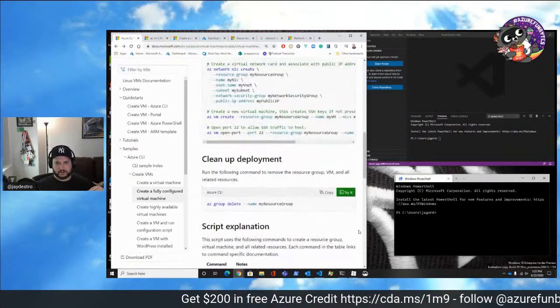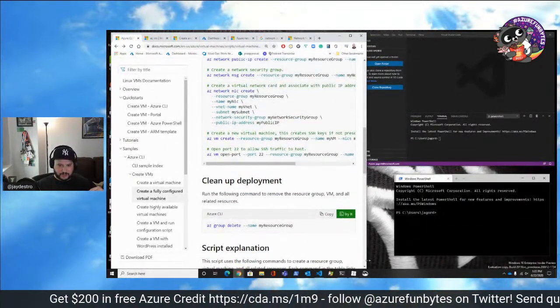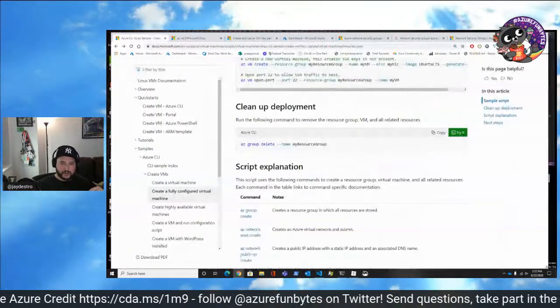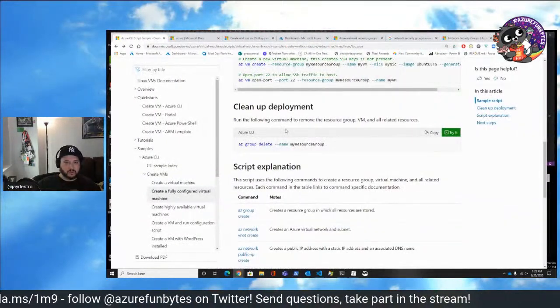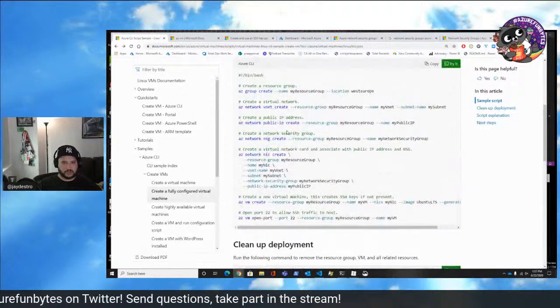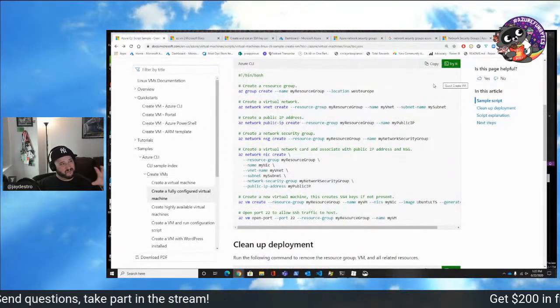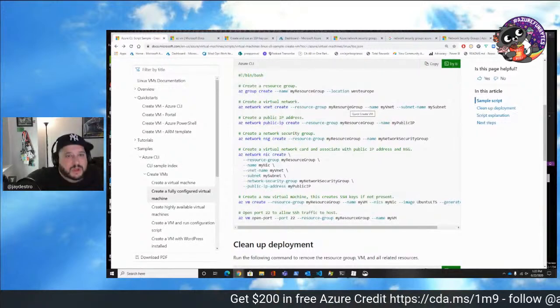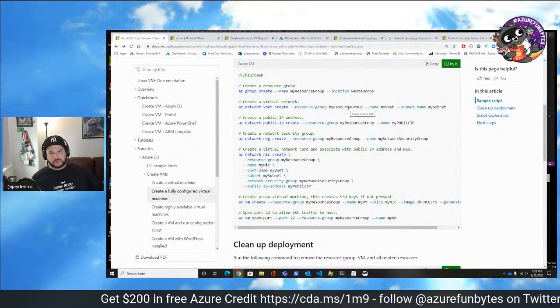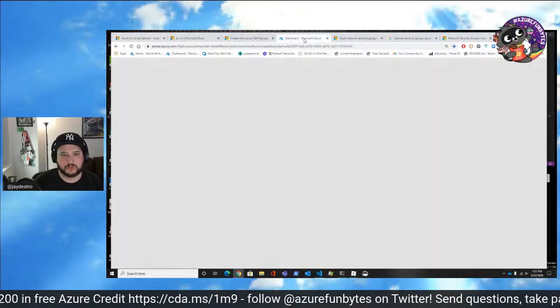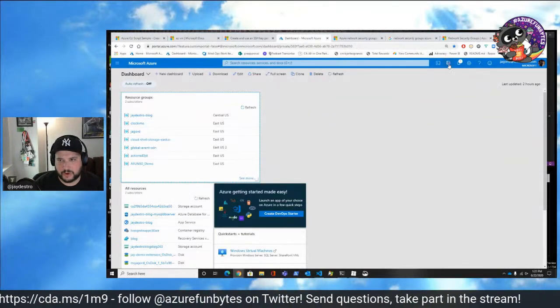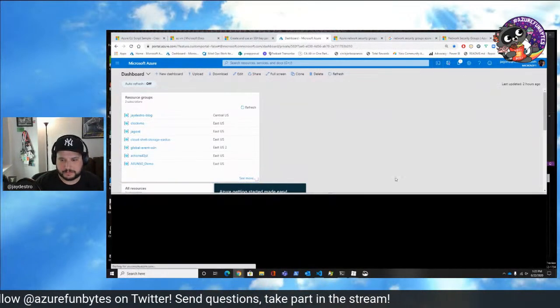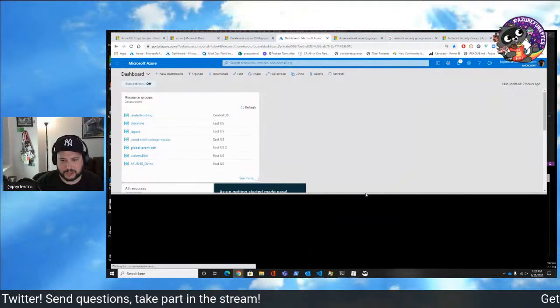I think what I'm going to do is do this all in Azure Cloud Shell. So I don't need those other two windows right now. So let's take a look at what we're going to do here in this script. I'm going to literally just copy this entire script, and I'm going to bring it right into the Cloud Shell. I'll show you how that's going to work out. So here's what I'll do: I'm going to go to the dashboard, and I'm just going to get a Cloud Shell ready for me. So we'll click that. I'm going to be using the Bash Cloud Shell.